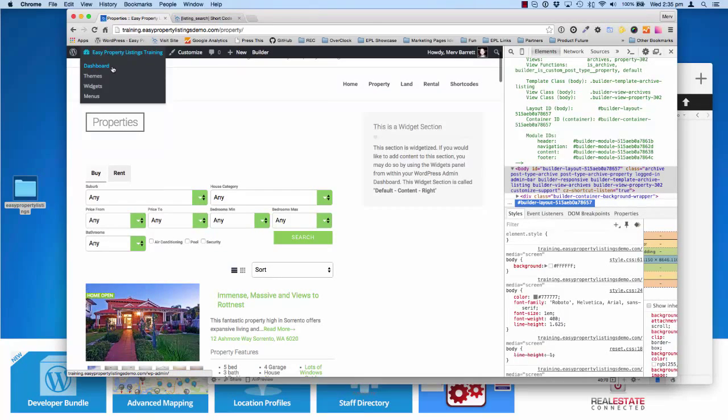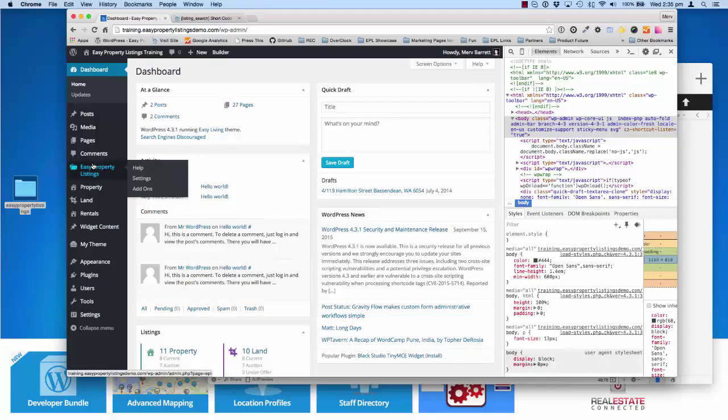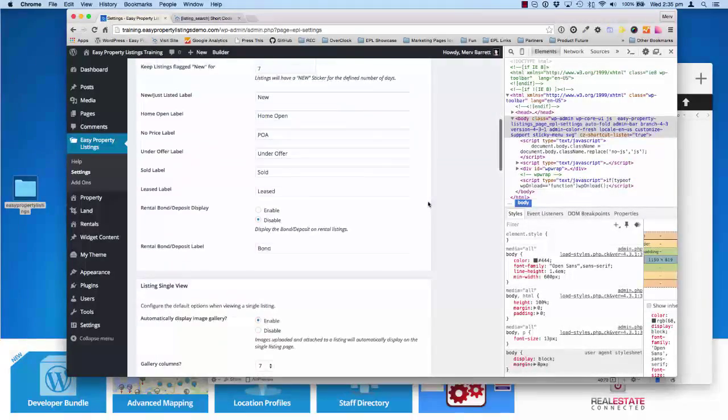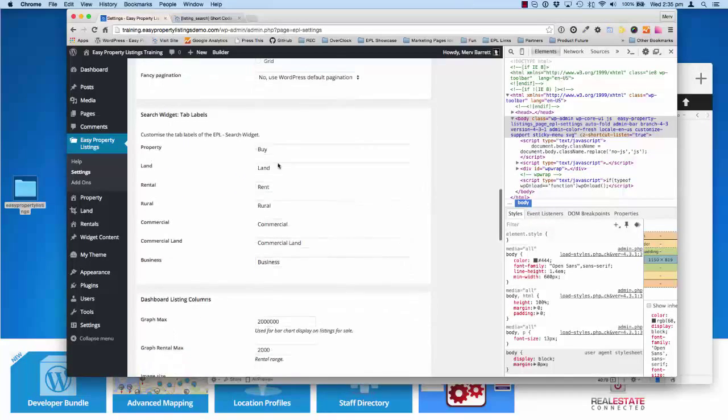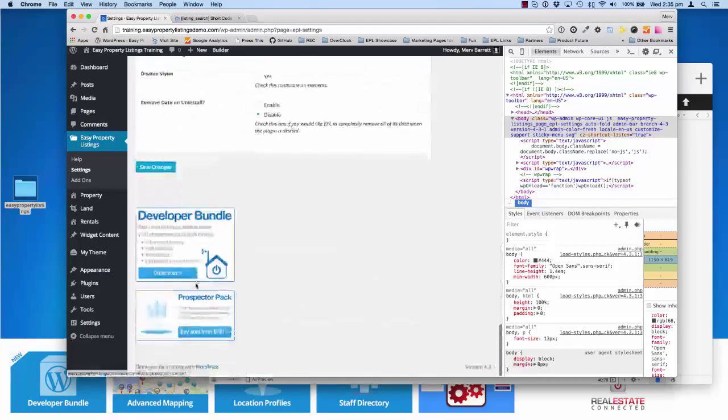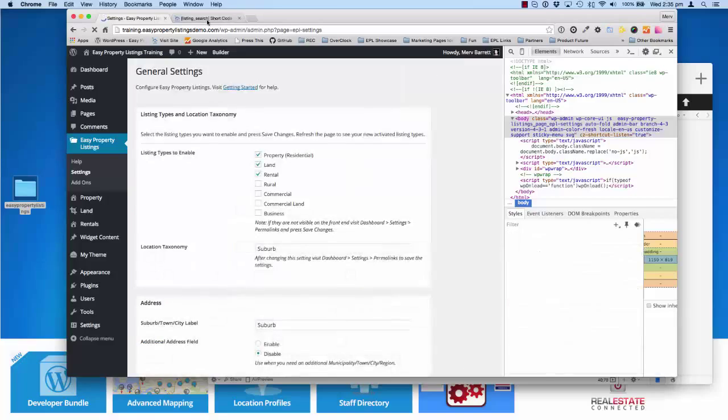And again, if you go to the dashboard, Easy Property Listing settings, you'll be able to customize your labels from within the dashboard. So if we scroll down to the search widget tabs, search for sale, search rentals, and we'll save the changes,